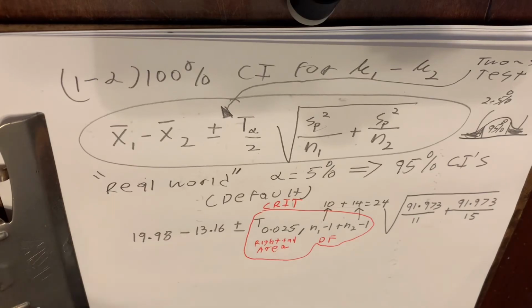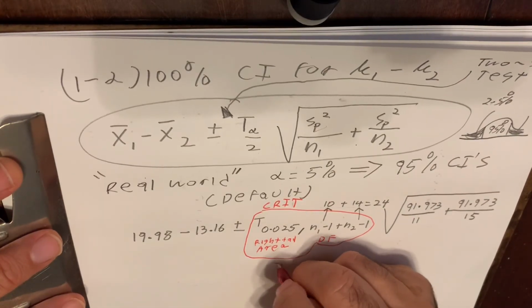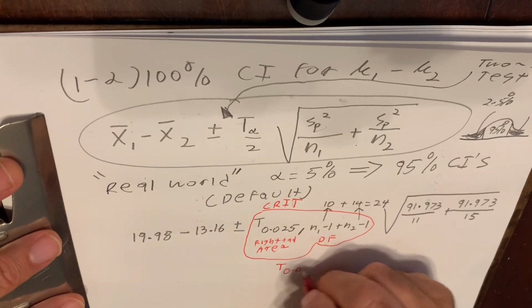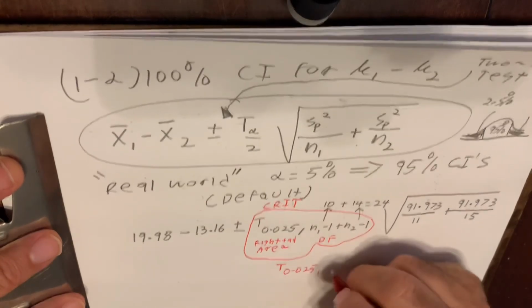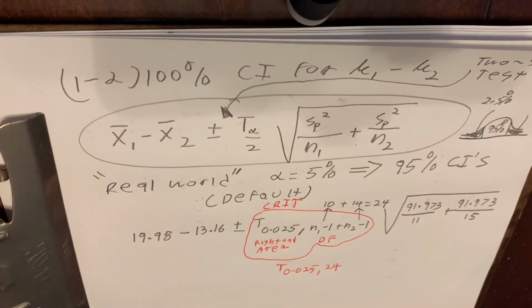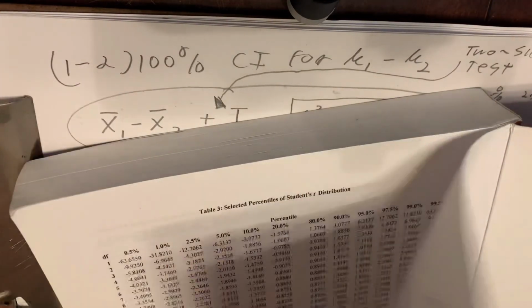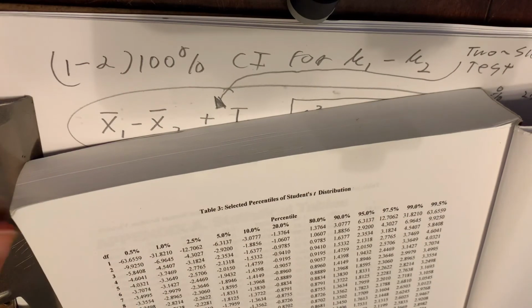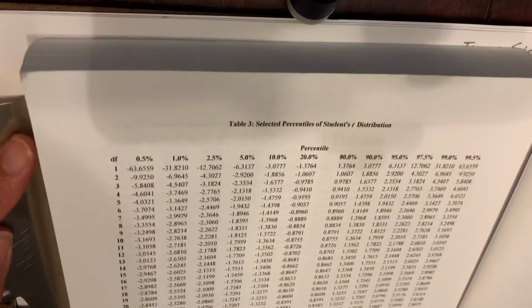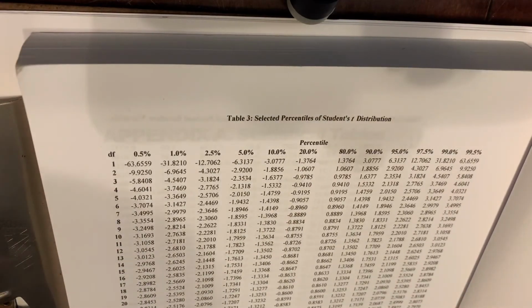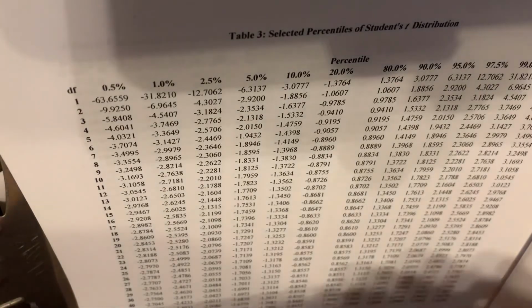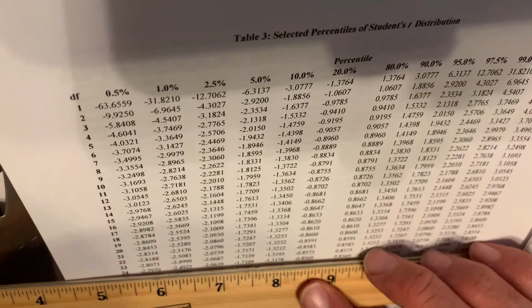So what we need to do is we need to find t sub 0.025 with 24 degrees of freedom. And let's look this thing up in a little table. So I'm going to go to my Student's t distribution, which I have right here. And I have to go to 24 degrees of freedom. So with 24 degrees of freedom,